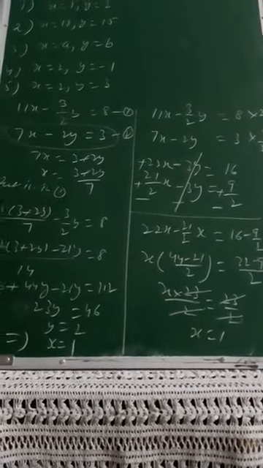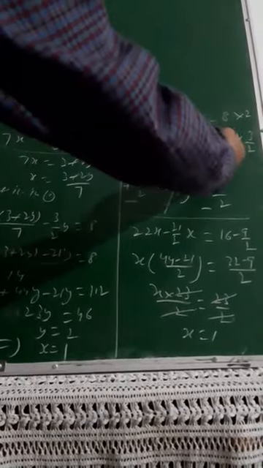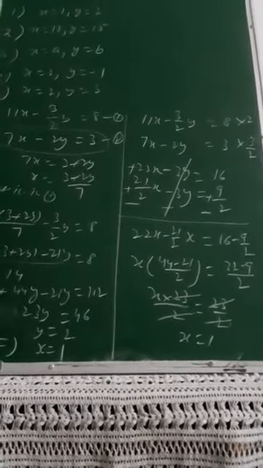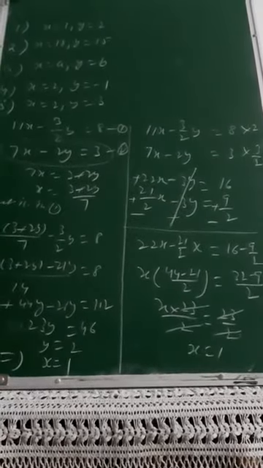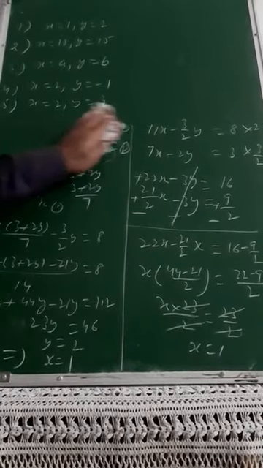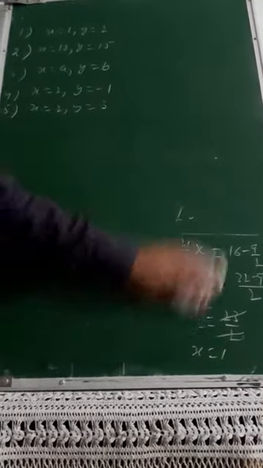If you put x is equal to 1, suppose here 7 ones are 7 and then you shift it to that side, 3 minus 7 will make it minus 4, y will be equal to 2. So that is the solution. Now you have to decide whether you have to go for elimination or substitution. One more I will solve for you here. That is the third question.